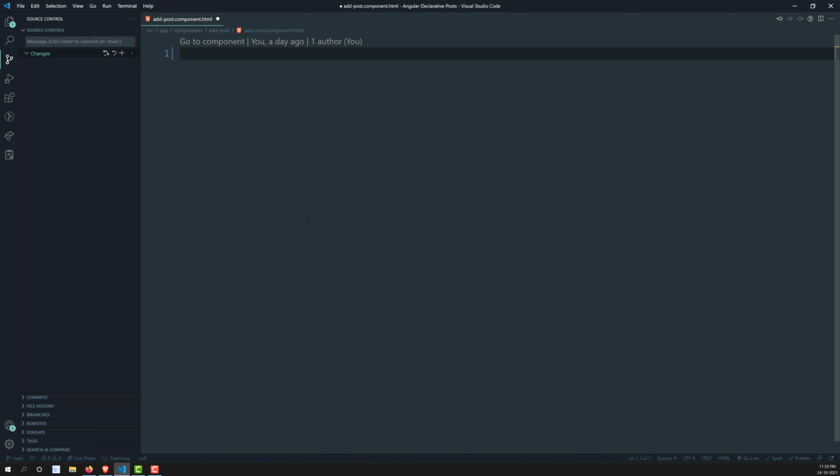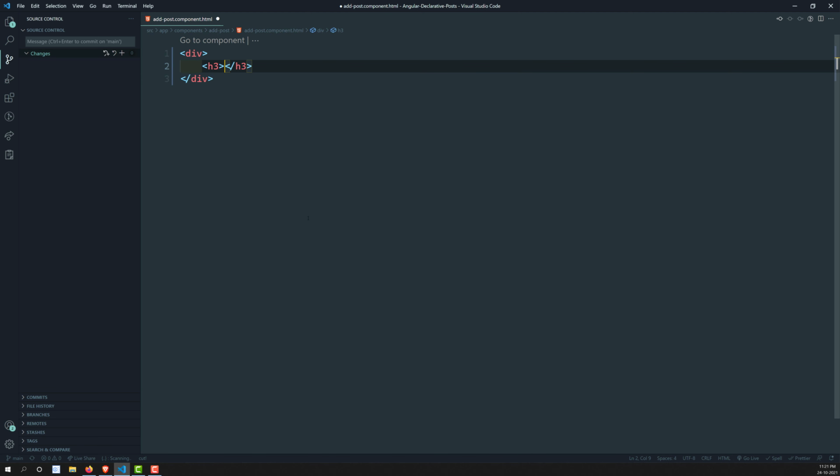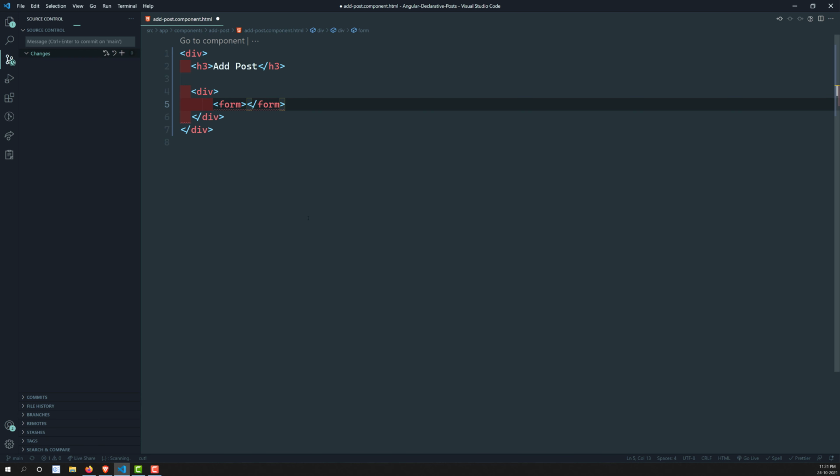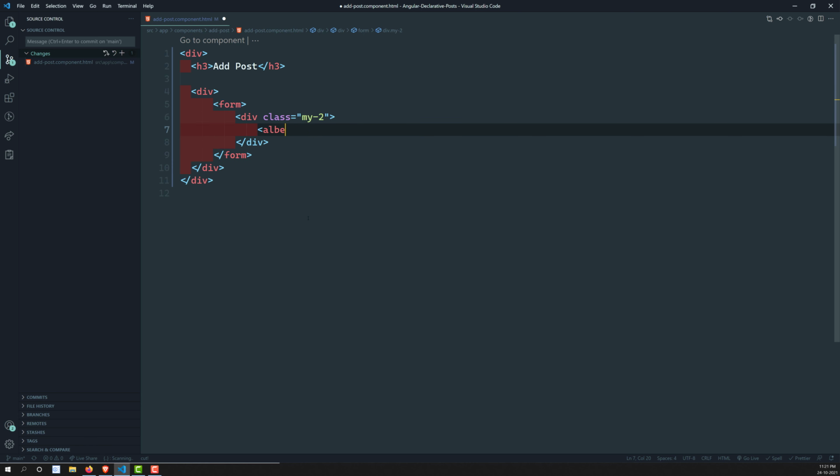Okay, so first, let's go to the div and here let's create an h3 and add post or create post, whatever heading you want to keep. And here I will create another div so that I can have a clear partition for that one. So this is a form, and here I can create a div of class my-2, and I will create a label.